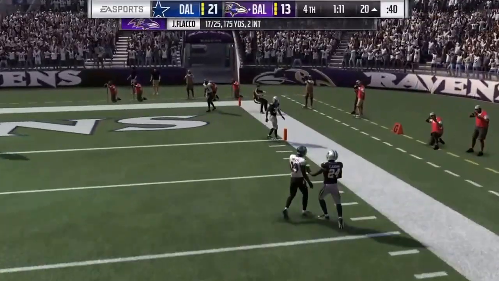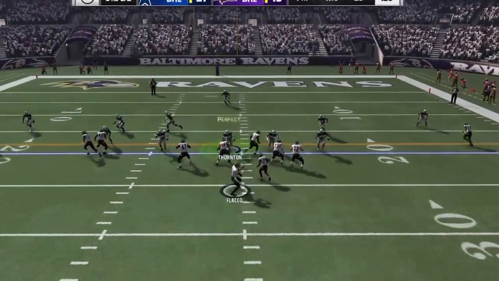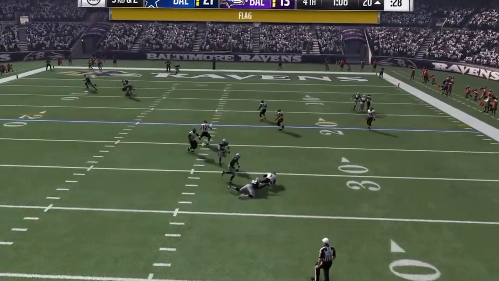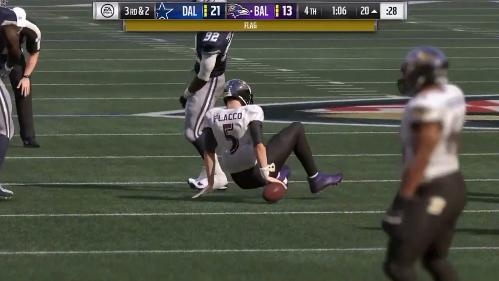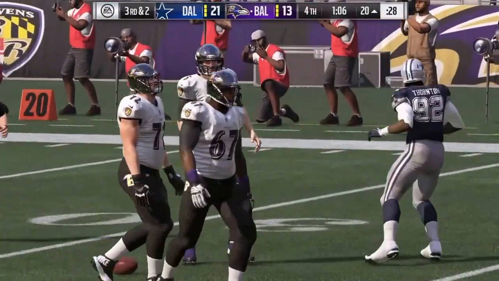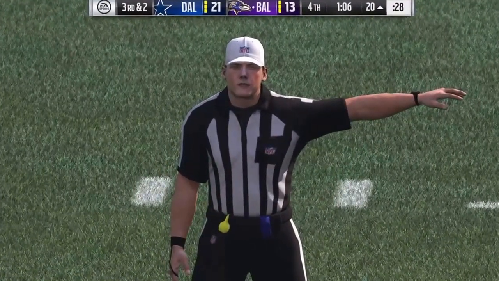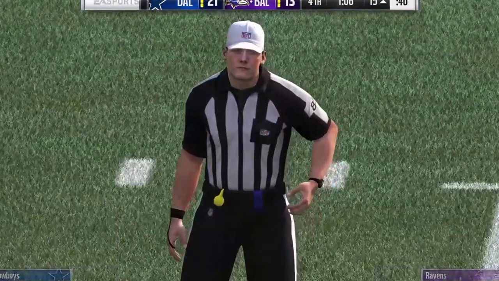And he just chucked that. Number 7 on 3rd and 2. Back to throw. And there's a flag on the play. And he can't get a throw off. He's taken down. What a huge play at this point in the game. Holding. Defense. That's one of those ones that is